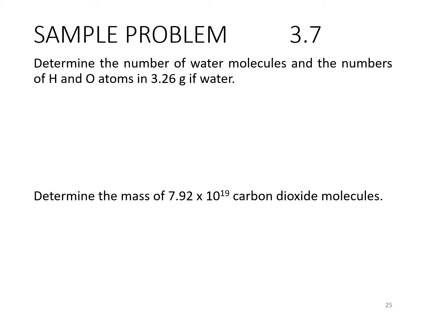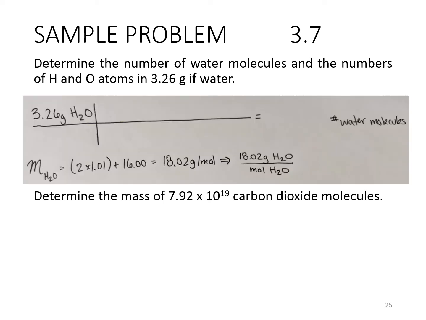So here we're starting with 3.26 grams of water, and we are aiming for a number of water molecules. So we need to get the molar mass of water. So here again, this is that scripted M that I'm going to use with the subscript H2O. So this is the molar mass of water. So we'll take 2 times the mass of hydrogen plus the mass of oxygen, which gets us 18.02 grams per